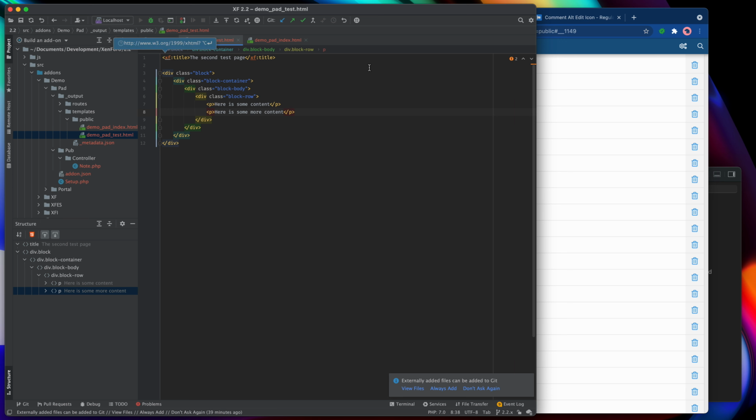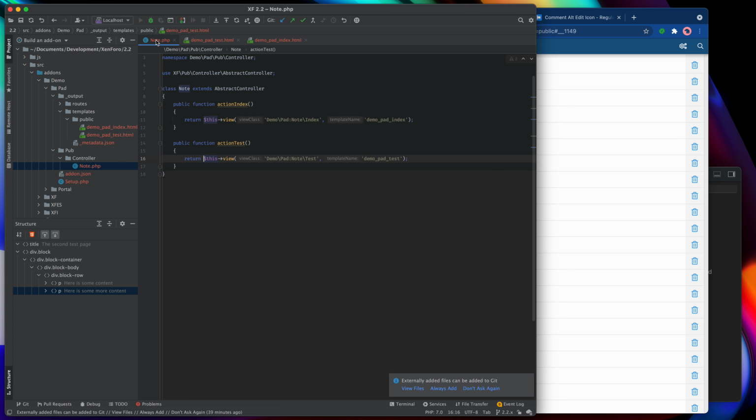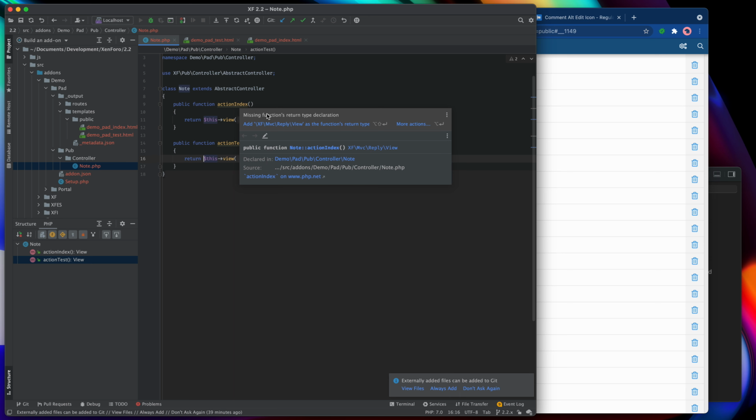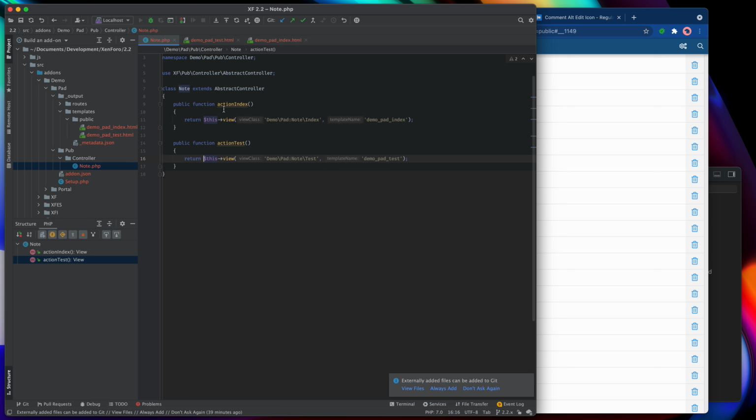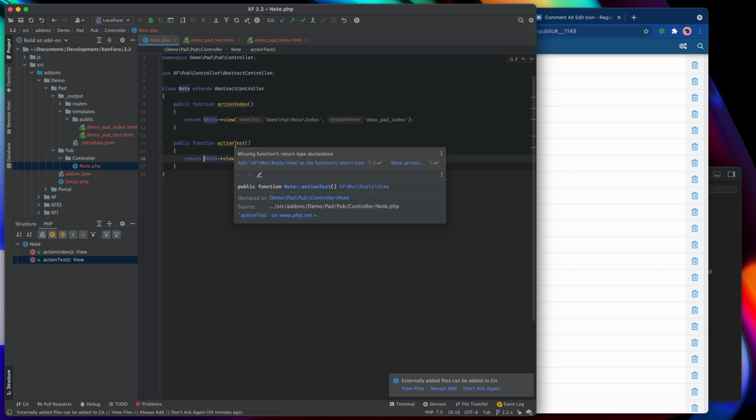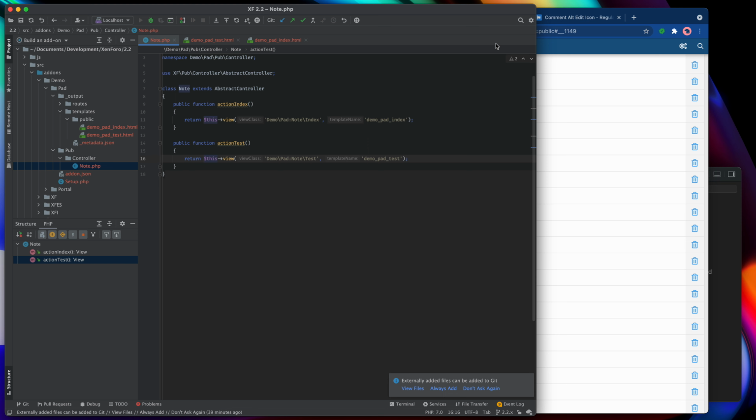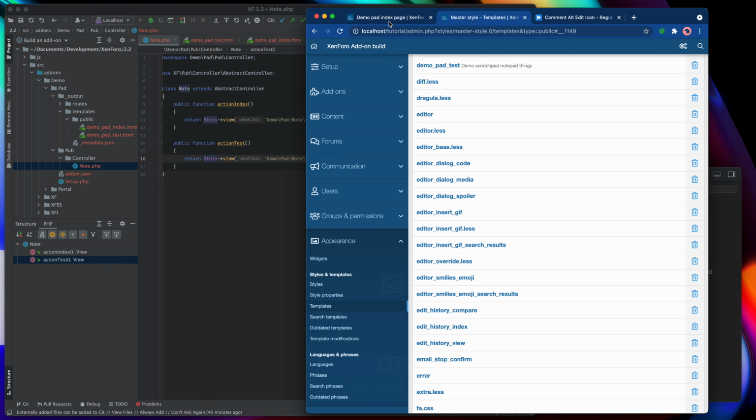That'll do. And now what I should be able to do is, if we go back to the controller just to review what we've done, we've got action index, so that will be returned if we call up the root with no action, and this one will only respond if we have the root, namely notes/test. So let's go and grab it and see that it works.